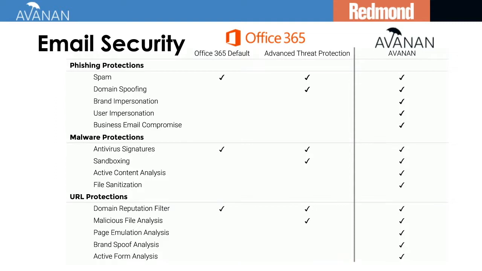So even though Office 365 does offer email security, again, it all comes down to layers. Whereas there is a checkbox that says Microsoft offers security for email, digging deeper into the micro layers, we can see that it is possible to build a much more secure email security stack on the Avanan platform.